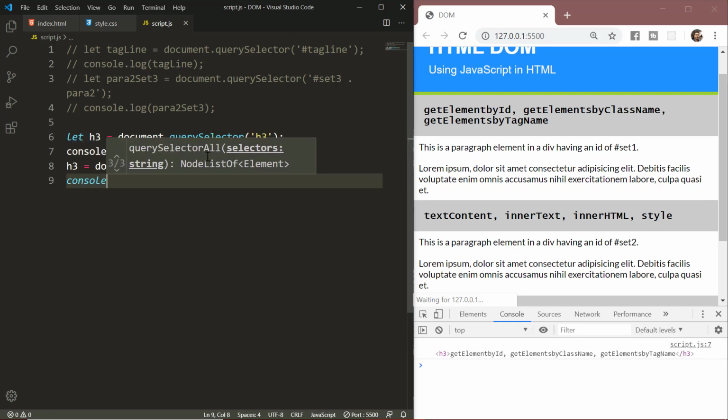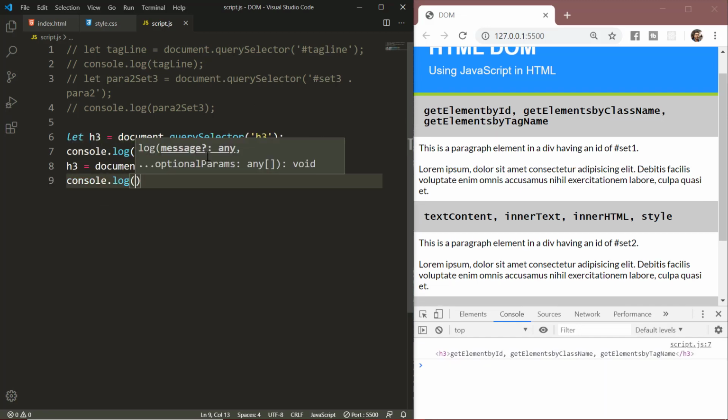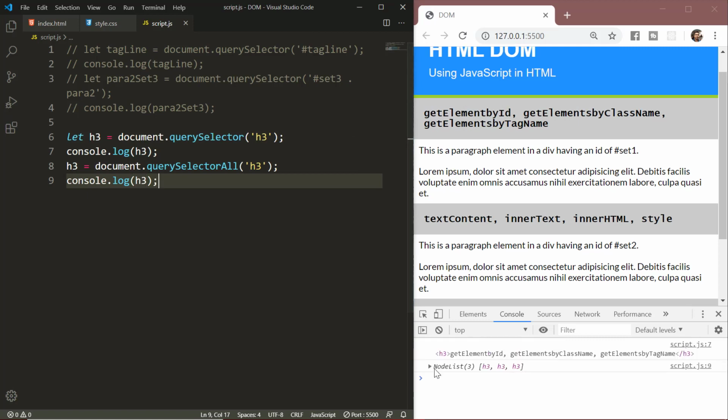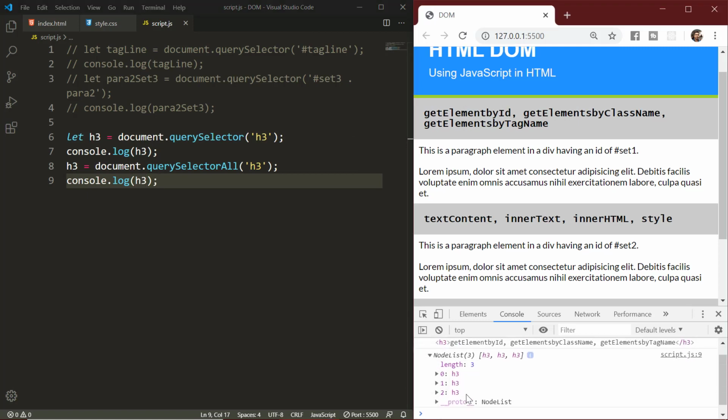If we log this onto the console, you can see that we have got a node list. Now this node list is exactly similar to the HTML collection which we saw in the earlier videos when we used get elements by class name or get elements by tag name. The difference between node list and HTML collection is not very important to understand right now as a beginner,